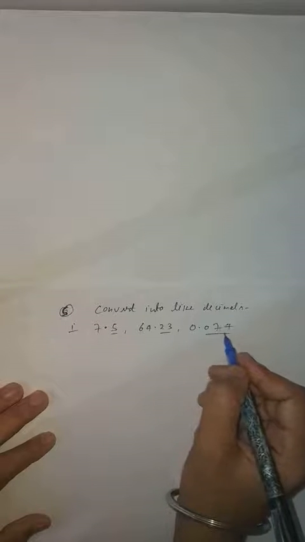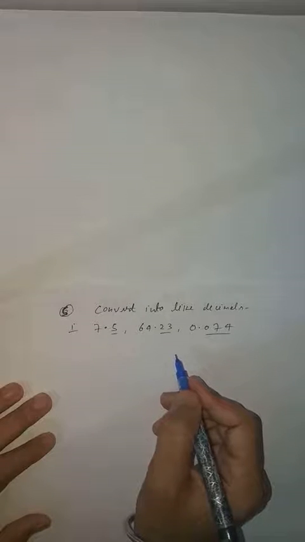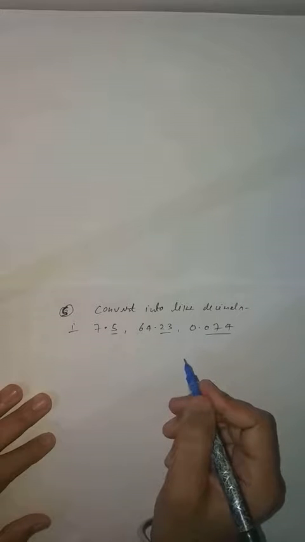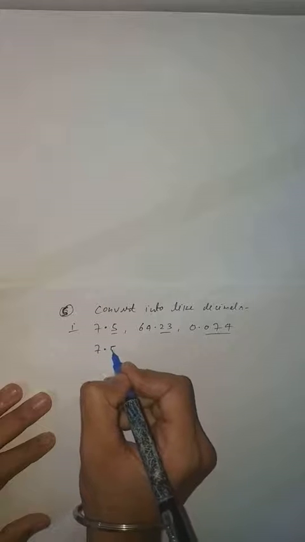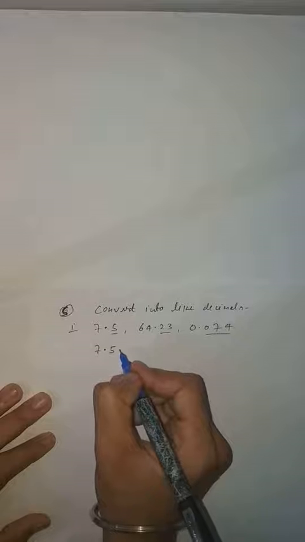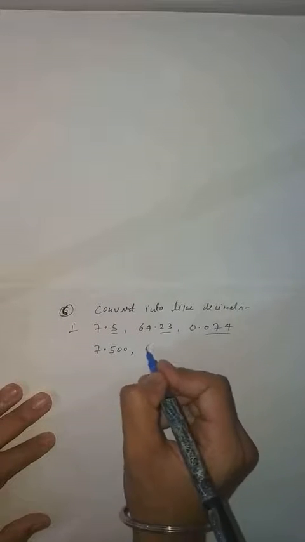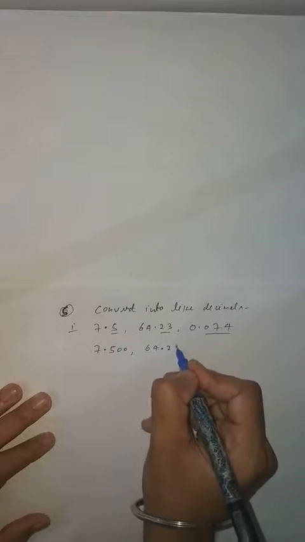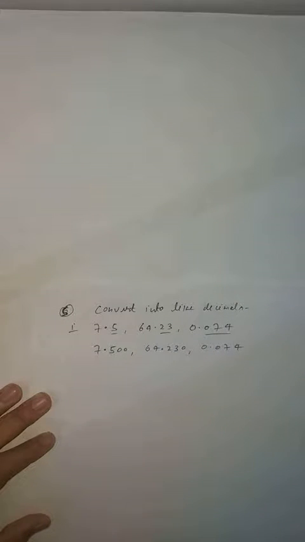It means after the decimal there should be 3 digits in every number. If 3 digits are not given after the decimal, you will add zeros. So here you can write 7.5, and after the decimal there should be 3 digits, only one is given, so 20 is required, so you will place 20. Here after the decimal 2 digits are given and there should be 3 digits because the maximum is 3 digits, so you will add 10. Clear? And here after the decimal 0.074 is given. This is your correct format.